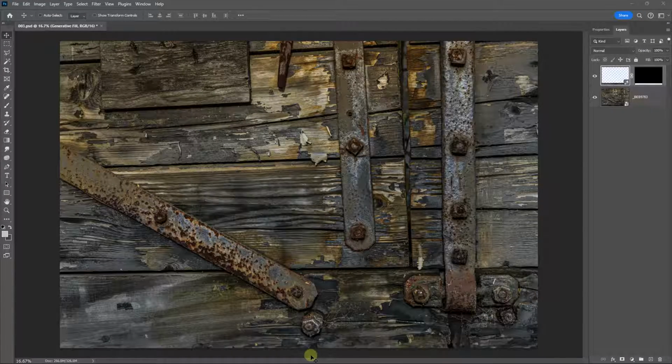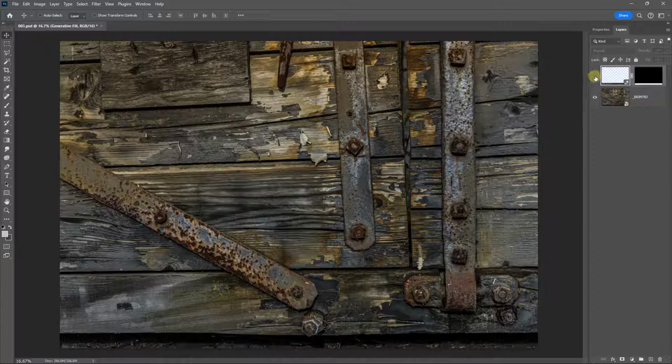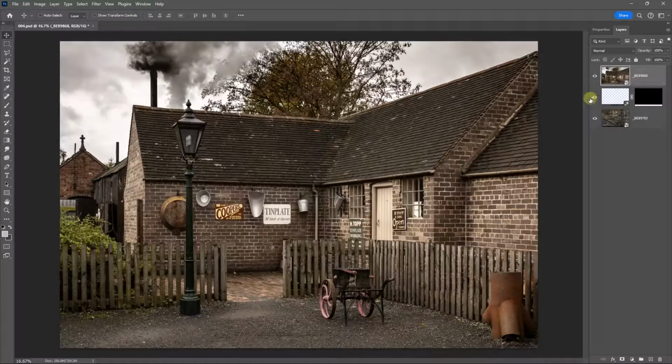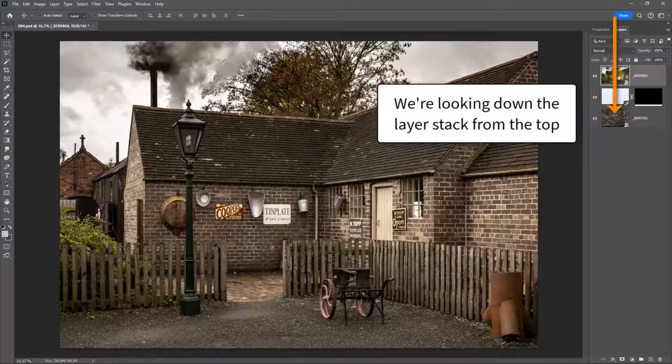On this occasion though, I did choose to use AI generative fill, and you can see the layer it created, and you can see the effect of that as I turn it off and on. Once I had my textured background, I selected an image to drag and drop into my growing layered stack. And of course, because I've dragged it into the top of the layer, of course it's going to cover up